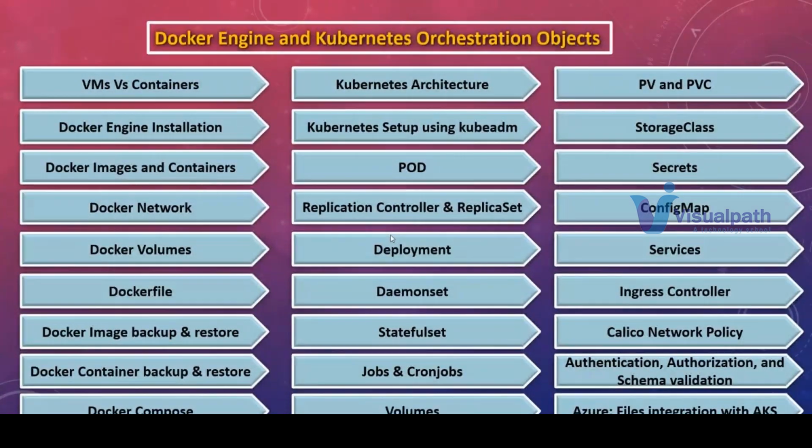I cannot explain each and every topic, but I just want to show that these are the topics we have to cover in order to understand what containerization technology is and what orchestration for containers is. For orchestration for containers, we have the Kubernetes tool, and for containerization technology, we have Docker Engine. There are many other tools, but these are widely used in open source right now.